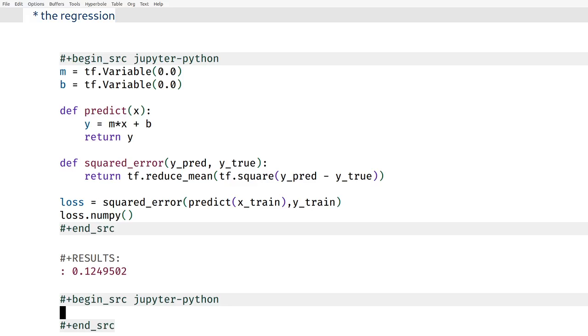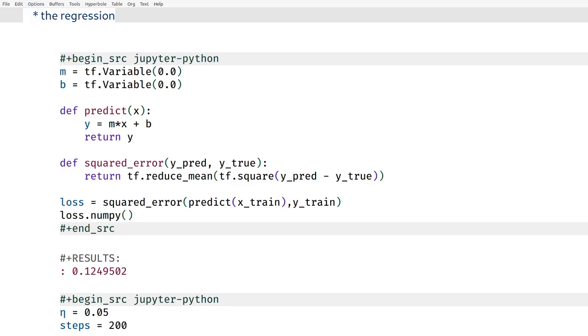So now I'm going to build up my minimization routine. First we're going to have a learning rate. Let's choose it equal to 0.05. We may need a bit more steps in this case, so let's choose steps equal to 200. There we go: for i in range of steps, we're going to do the following with tf.GradientTape